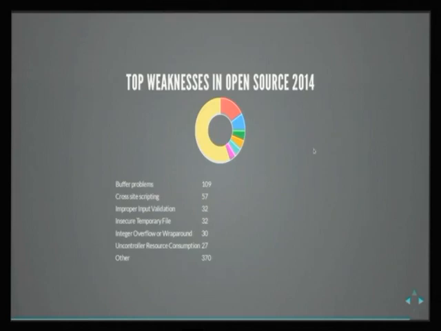How many of these can be mitigated by setting up your application within containers? I would argue that containers don't contain. They're usually not a security panacea. Also, it depends a lot on the assets that you want to protect.